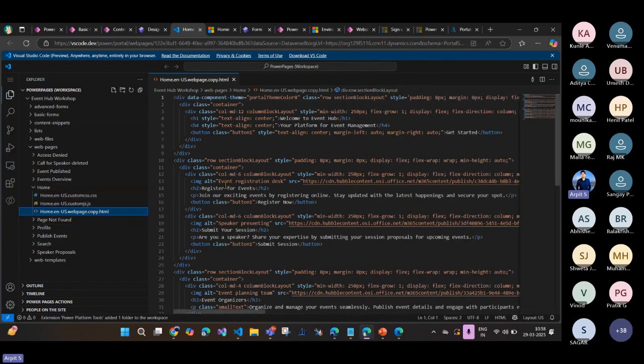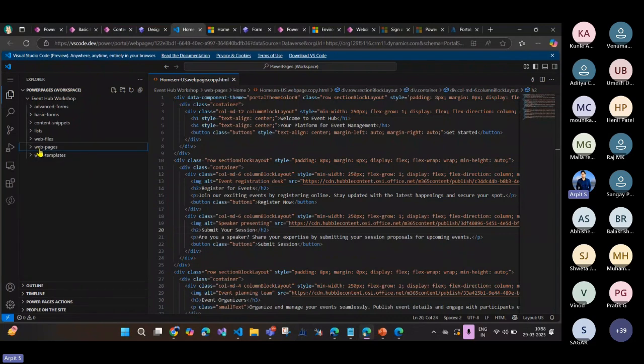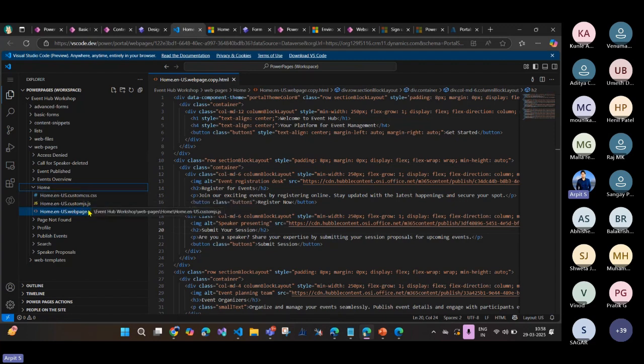And here you can see the HTML, CSS, or JavaScript written in the backend. Now I'm talking about the home page. So I just expanded the web page like this. Go to the home page, and there are three sections for these three files for each page: CSS, JavaScript, and the HTML part. If I click on HTML, you will see all the text strings or the content are hard coded right now. Okay, welcome to Event Hub, and there are a lot of other things like join our exciting